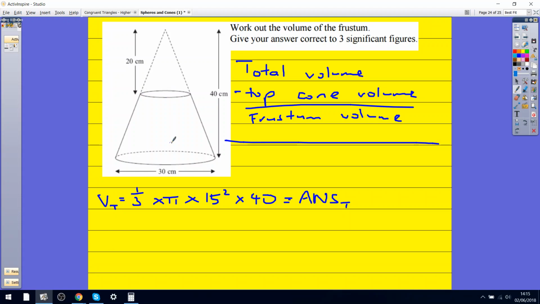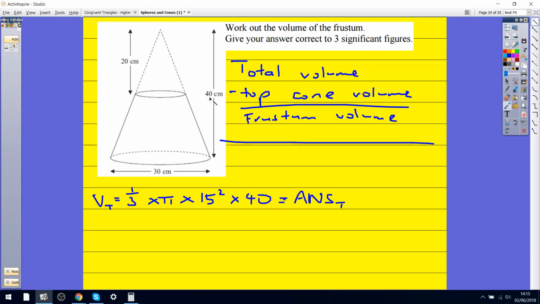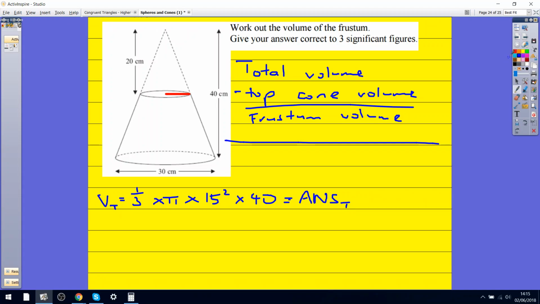The radius won't be 15. Why is that? Well, this height was 40 and this base was 30. So